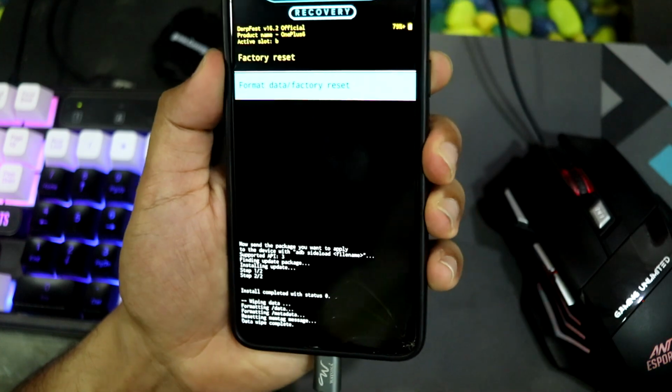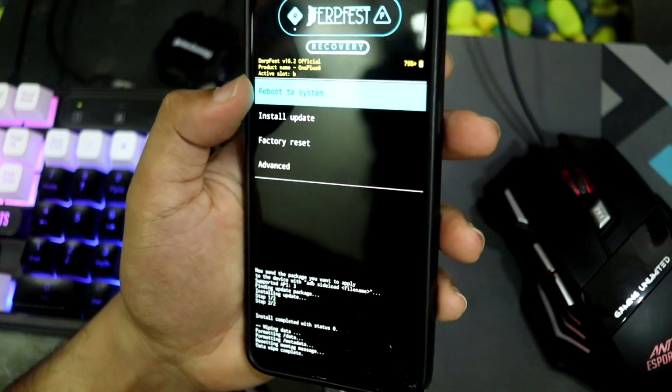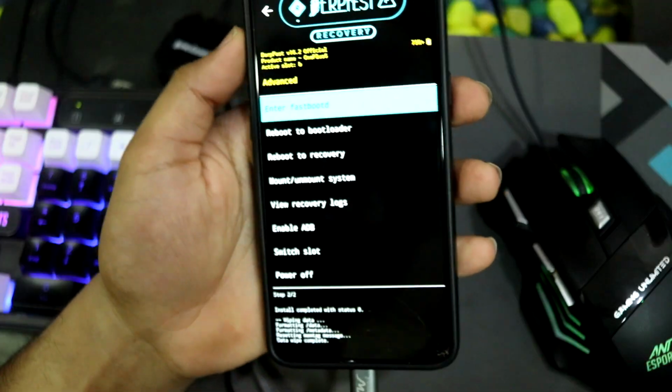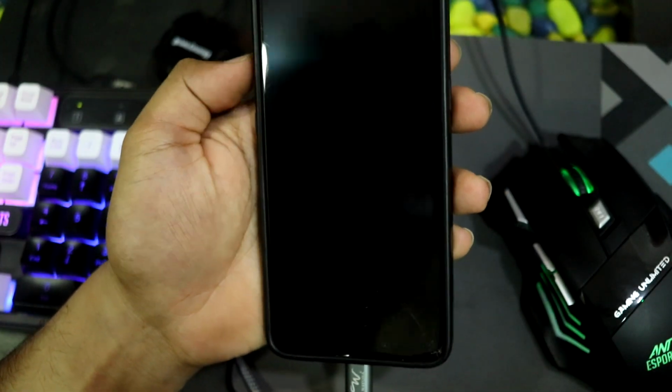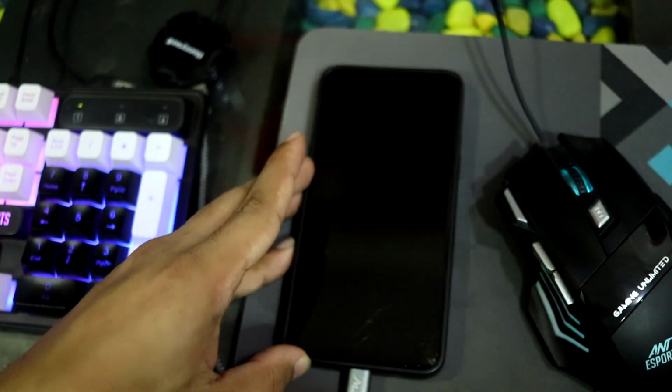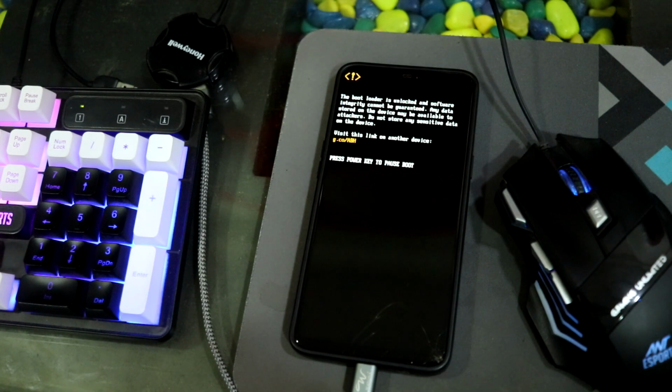And once this is done, get back, reboot system, and wait for your device to reboot into Derpfest. And this is how to install Derpfest 16.2, and obviously this is the official Derpfest 16.2 for our OnePlus 6